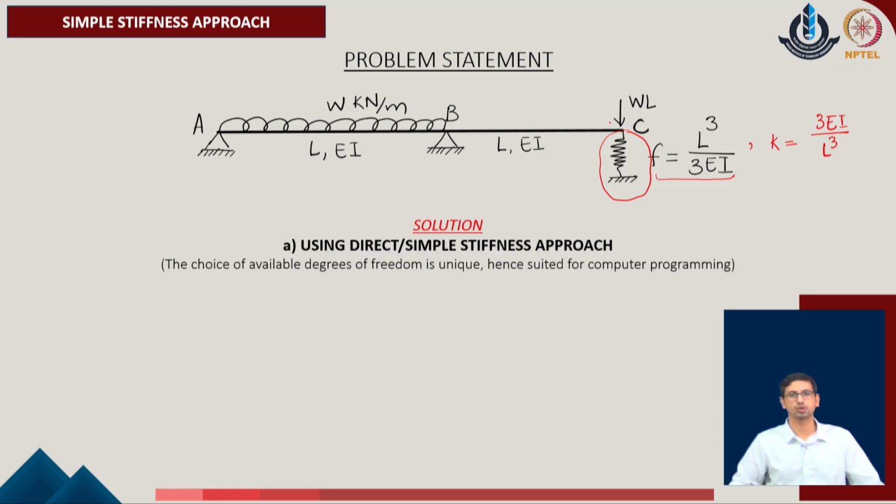First, we look into the steps which we typically follow. The simple or direct stiffness approach looks for the choice of the unknown set of deformations in the system, and to define those, we first convert the given system into a kinematically determinate system. A kinematically determinate system has a unique choice. That is one of the advantages of the stiffness approach: rather than going with a system where the choice of the redundant depends upon the user, the stiffness based approaches always come up with a kinematically determinate system, which remains unique, and that also becomes more suitable when we extend the methods to computer programming.